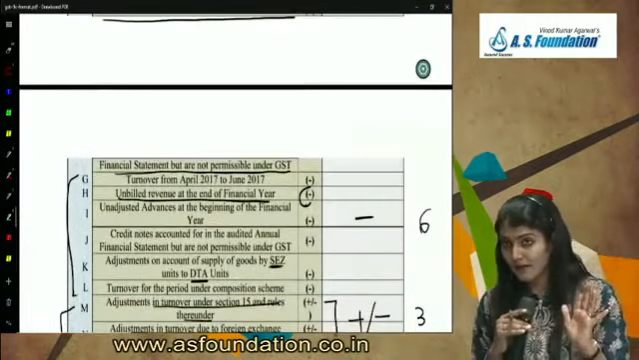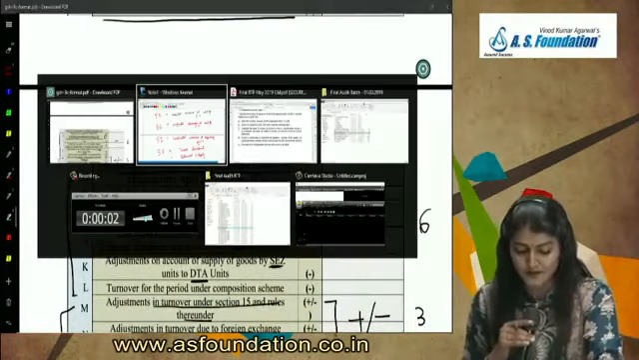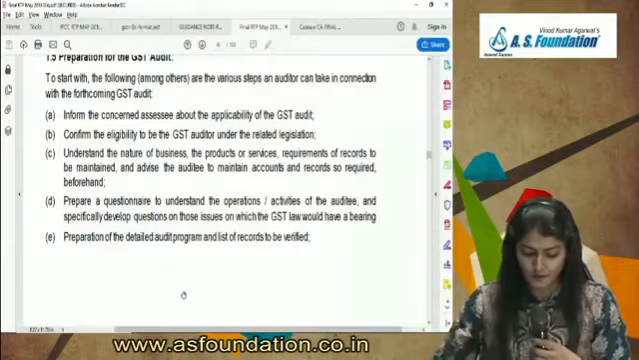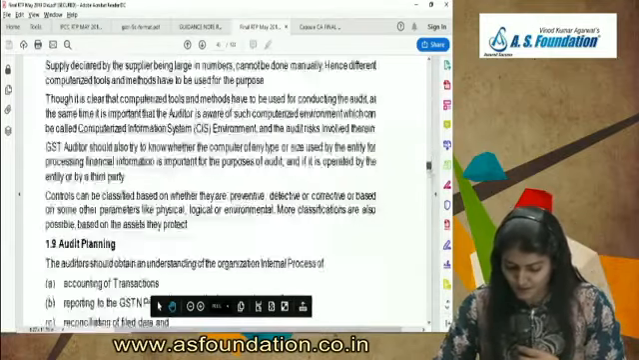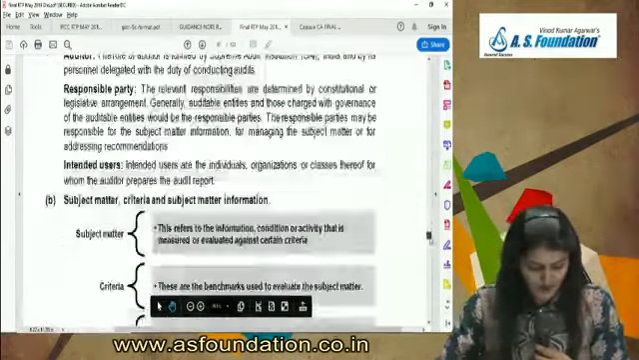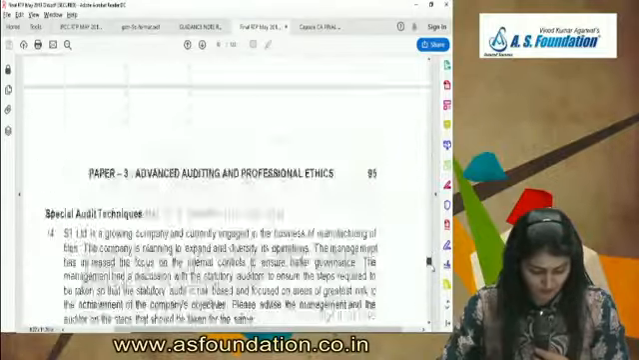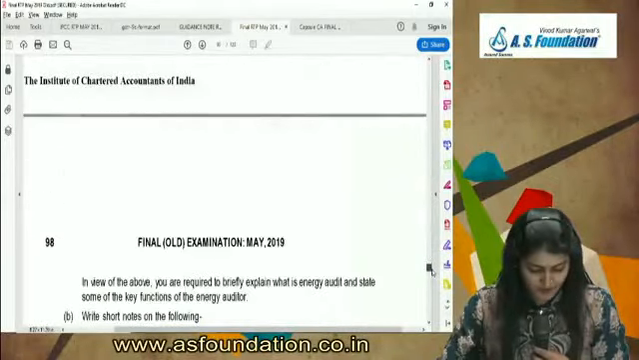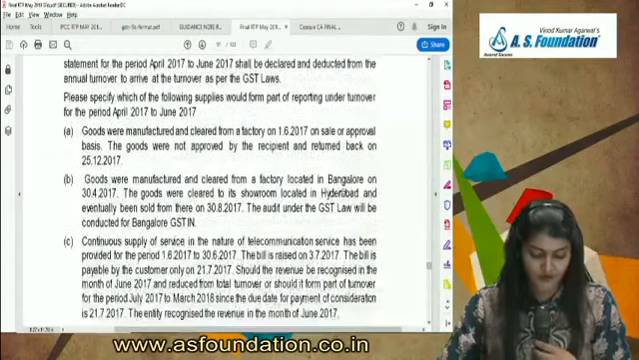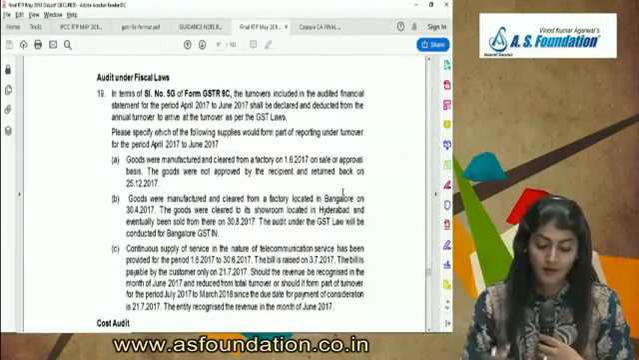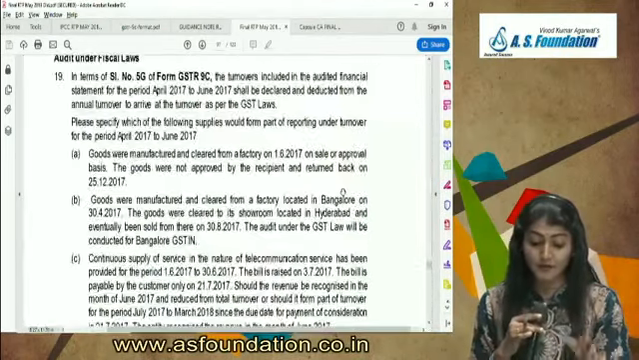So now let me look into the question for the turnover from April to June. Are you all with me? Now we look into the part which is regarding the turnover from the period April to June. There is a question in RTP May 19, both old course and new course. Read this. Now how they have asked the question, in terms of serial number 5G